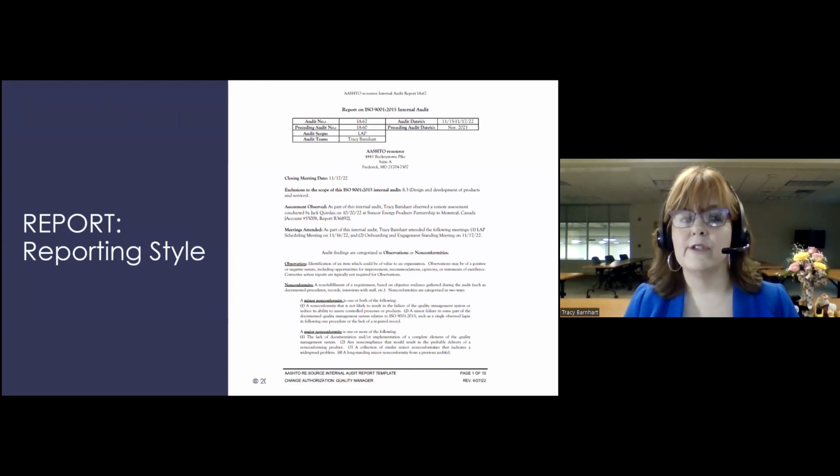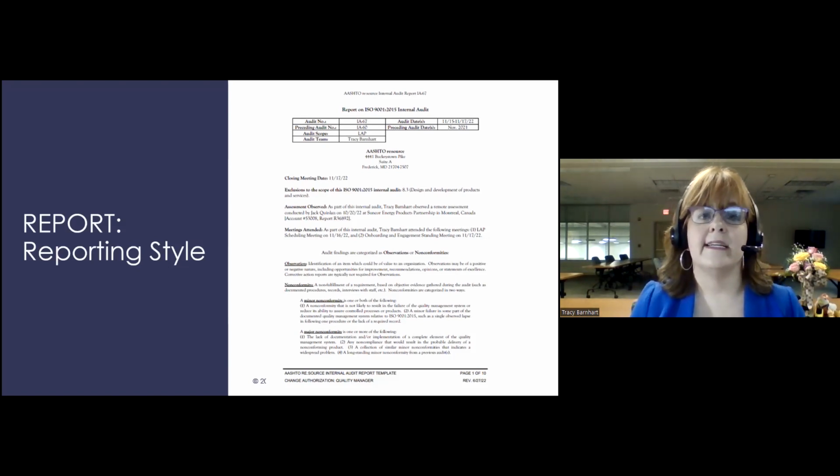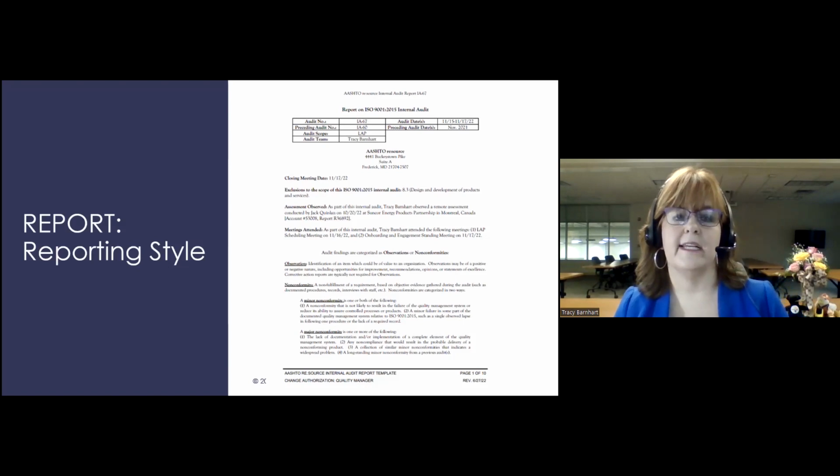This is the cover sheet that we currently use for AASHTO Resource internal audits. You'll see I have a block table at the top with some information specific to the audit. We get into when the closing meeting was held, any things that were not part of the audit, how we identify and classify nonconformities, that's all on there.